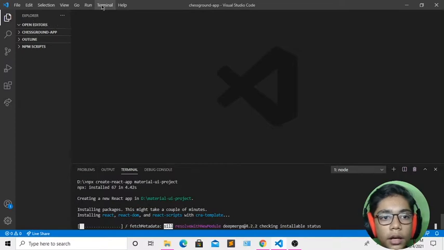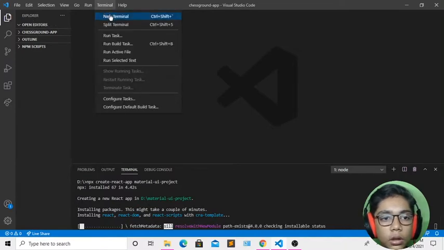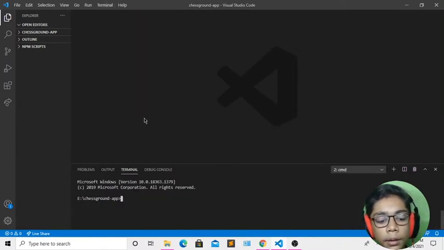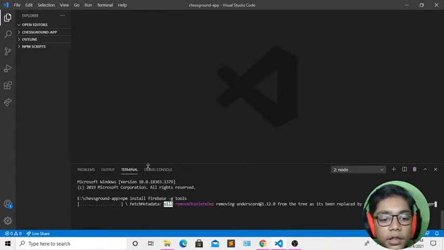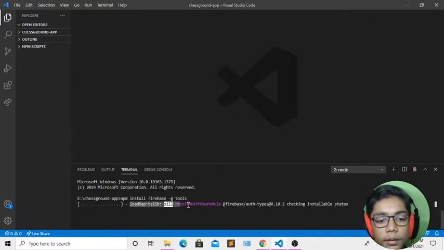While it is downloading, you can install Firebase and Firebase tools. So first of all I will download my Firebase tools. I will write npm install. You can also write npm i if you want, because it is a short form for install. After that I will write firebase-tools with the -g flag. Press enter, and it will install our Firebase tools really quickly. It will take some seconds, like 5 to 10 seconds. You can see it is downloading here, so you have to wait.